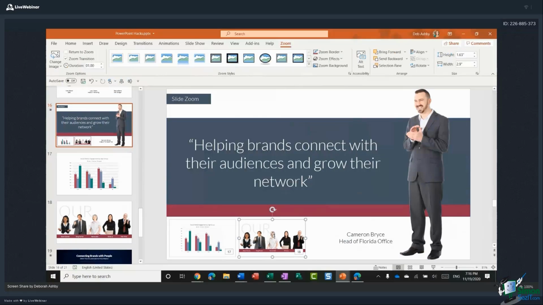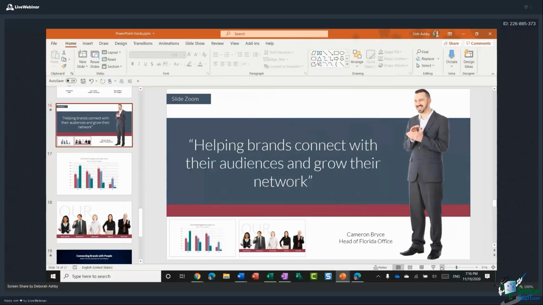just so it matches the presentation and they stand out a little bit from the background. Now, another little option that I want to make sure I've got turned on is this option in the Zoom options group, Return to Zoom. If you have this selected, when someone zooms into a slide, when they click again, it's going to zoom them back out to the main slide. So if you want them to always come back to here before they select a different path to go down, then make sure you have Return to Zoom selected for all of your Zoom slides. Once you've done that, that should give you the effect that you're looking for.